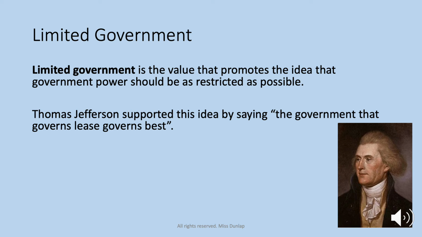As we go through the Constitution, you'll see the list of powers that each branch of the government has. However, they are limited by what they can and cannot do, and no branch is more powerful than the other, contrary to popular belief. Since the days of the American Revolution, the colonists believed that the corruptive power of King George III and the British Parliament led to unfair treatment of the colonies.